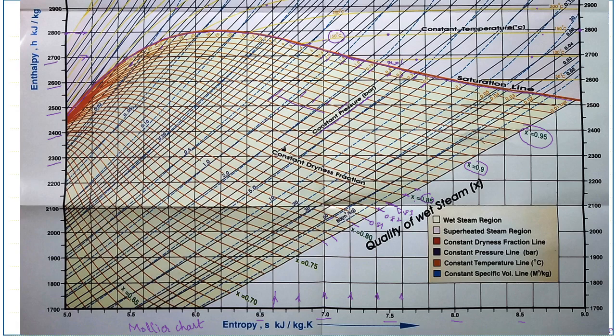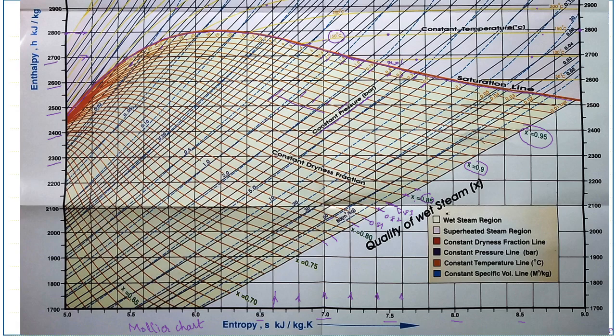Okay, so now what is the use of this Mollier chart? If we study the Mollier chart properly, we need not use the various formulas which we generally follow. So how this will reduce our calculation work, that we will see. It is a very simple and useful tool to find out properties of steam.